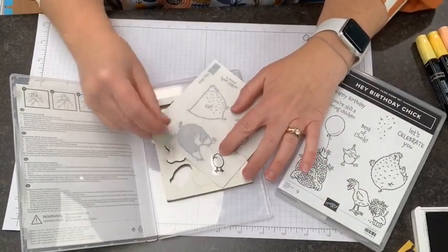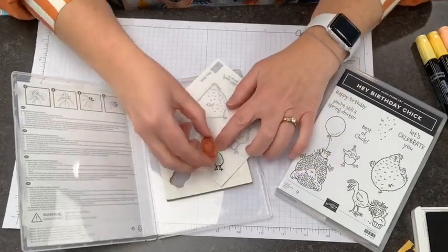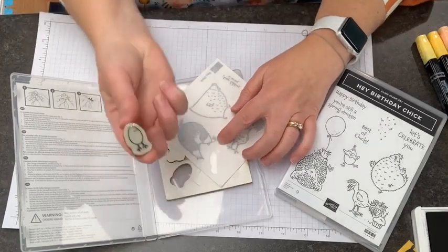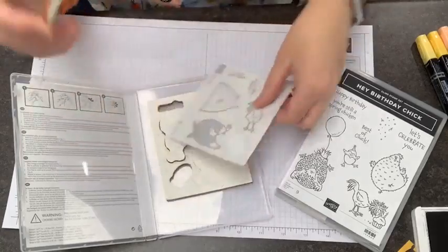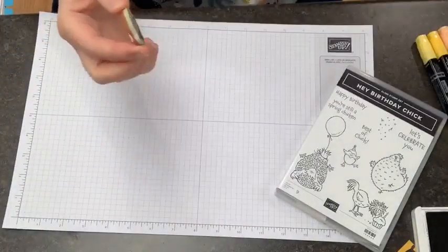If you haven't ever seen me mount a stamp before, usually I try and get the sticker to stay on the page, but this one doesn't seem to want to. And then I'm just gonna lay the stamp down on top of it and pick it up. So then I get my flat image. Now this isn't sticky, like I said, because of the timing that this was. New stamps are super sticky, but